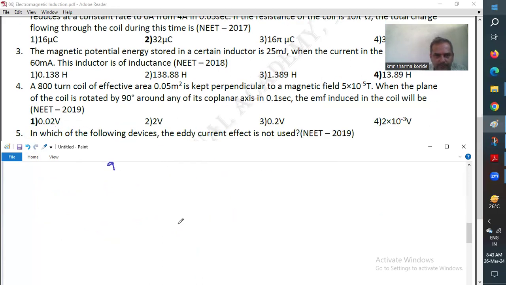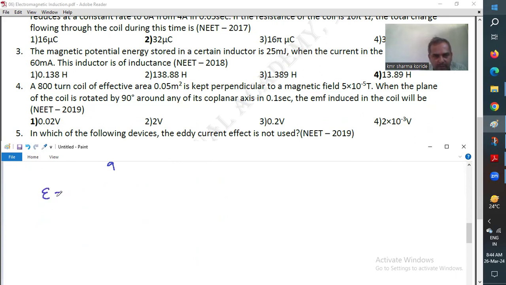Moving to the next question. A 800 turn coil of effective area 0.05 square meter is kept perpendicular to magnetic field 5 into 10 to the power of minus 5. So when the plane of the coil is rotated, cos theta, so the normal will be parallel to the field. So therefore around any of its coplanar axis in 0.1 seconds,